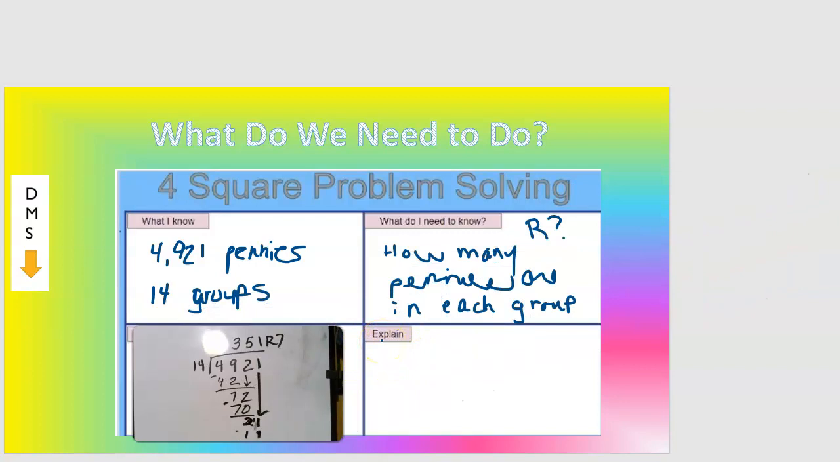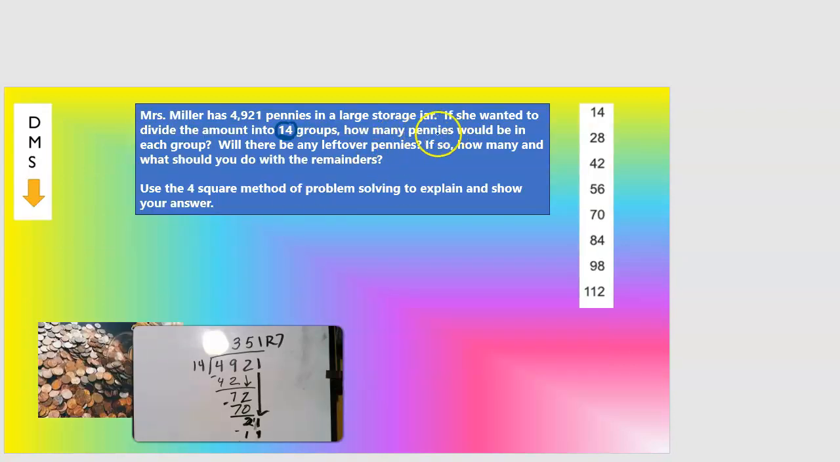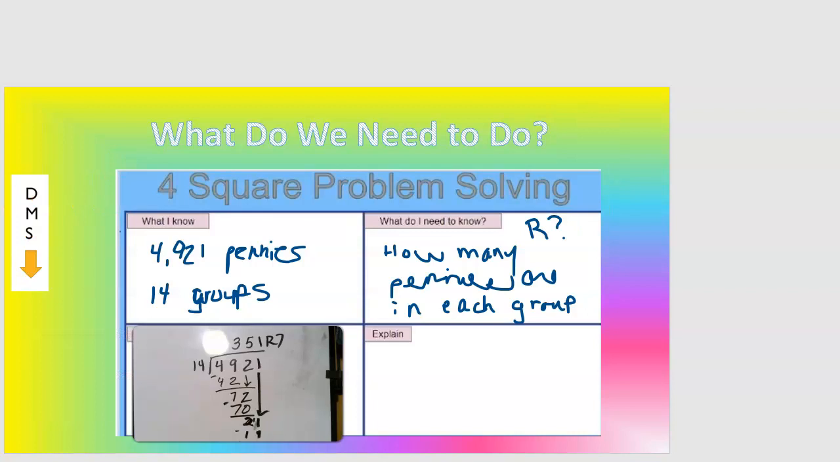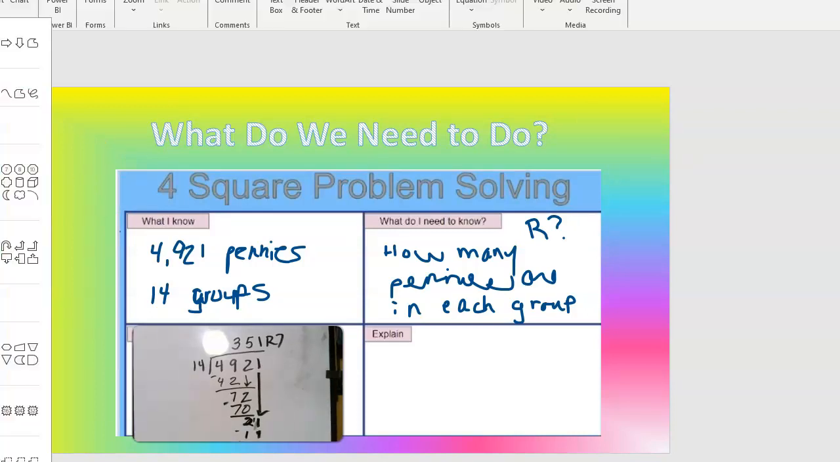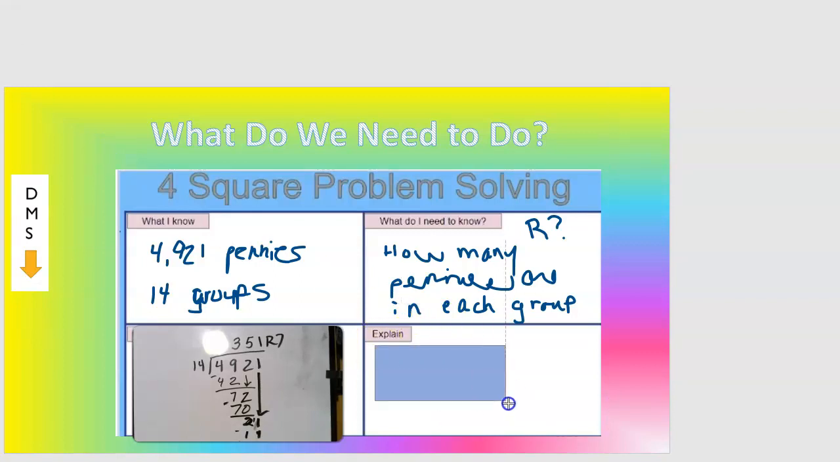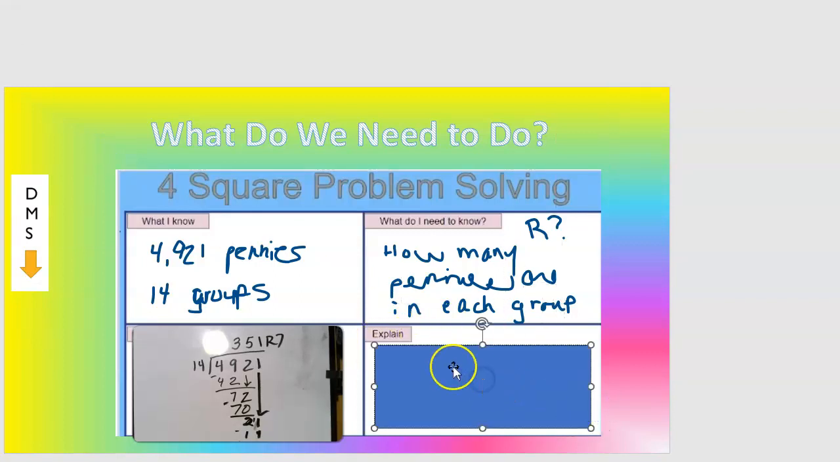Explain. What do I need to explain? Well, the original question asked, how many pennies would be in each group? Will there be leftover pennies? If so, how many? And what should you do with the remainders? Okay, so here I'm going to explain that there are